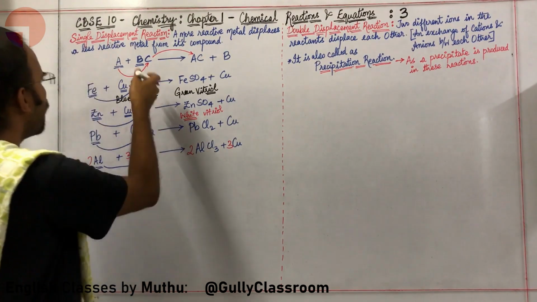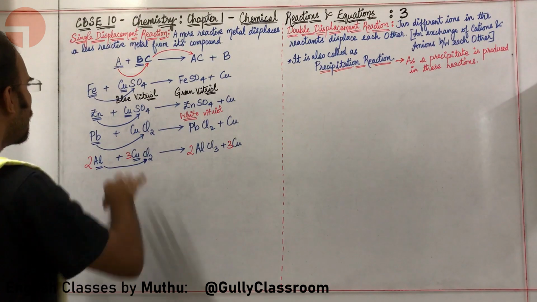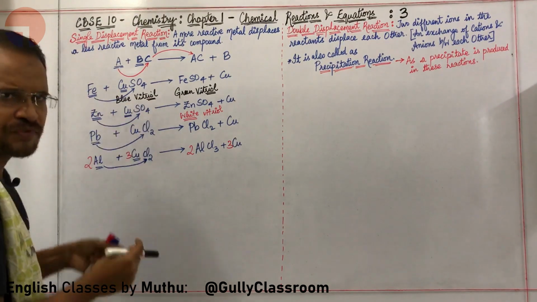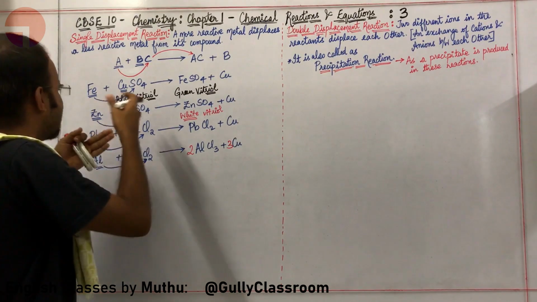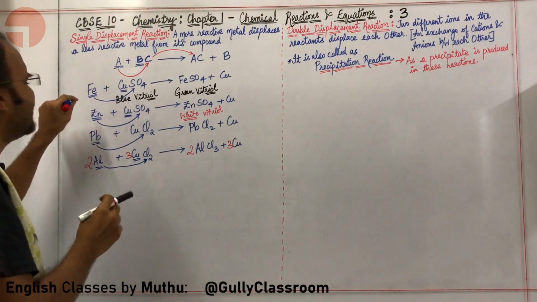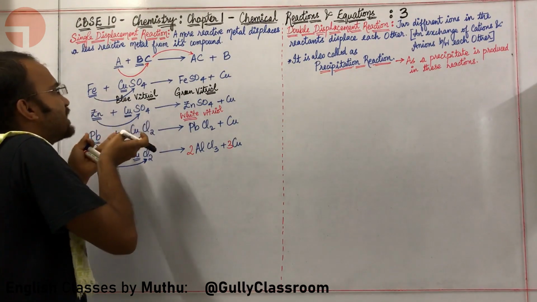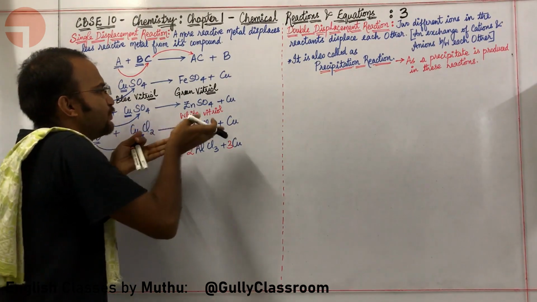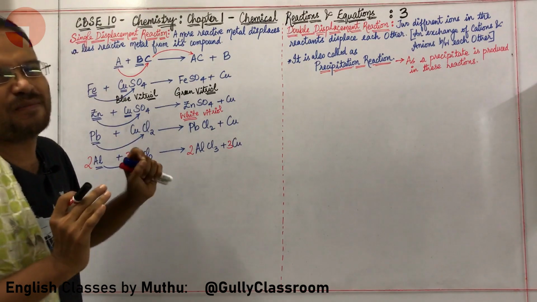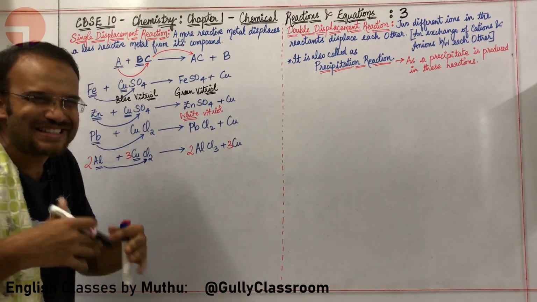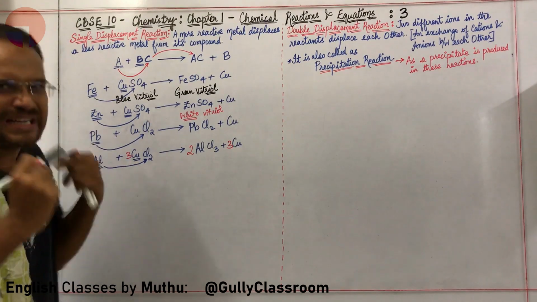AlCl3. Okay, sir. What about the physical states of all these particular species? What is species, sir? In a chemical reaction, any atom, molecule or ion that is participating as a reactant or getting formed as a product is simply termed as species. They will not ask this definition in the exam. This is just for understanding.